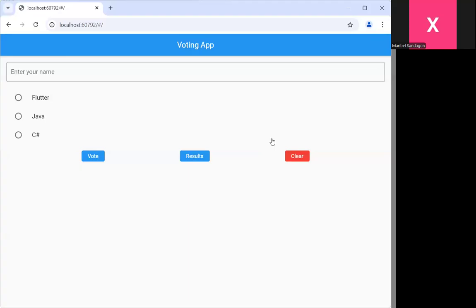So for example, a rating for good, very good, or yung mga surveys. No? So this is just an example. So you can create more concrete and good application using this widget.